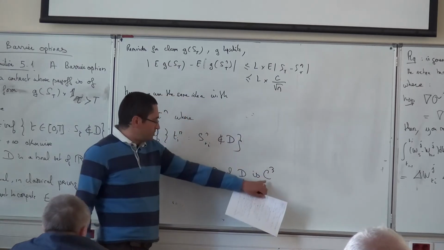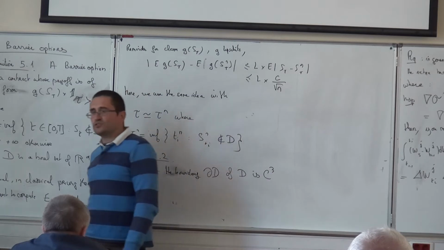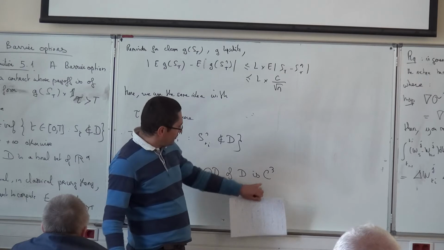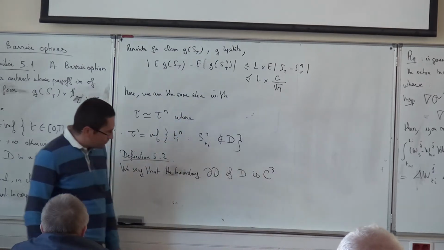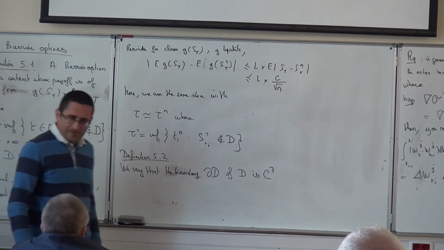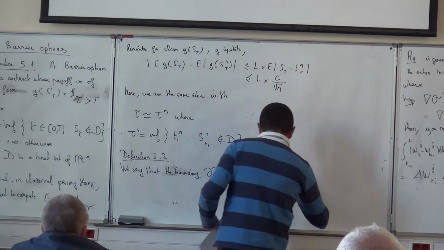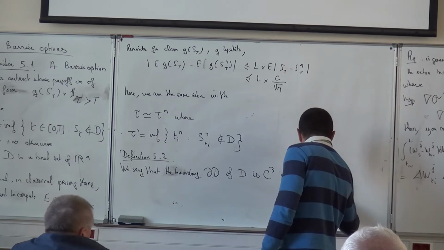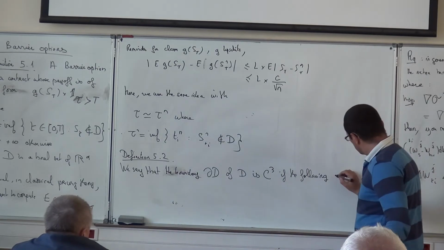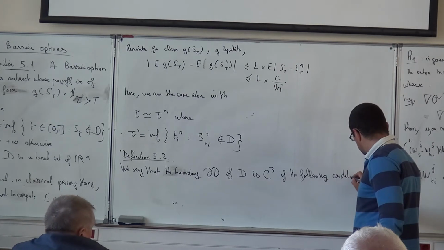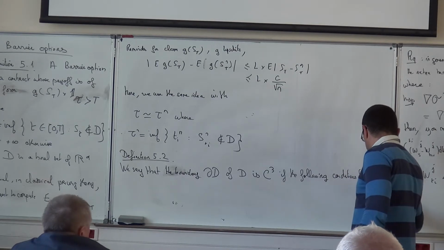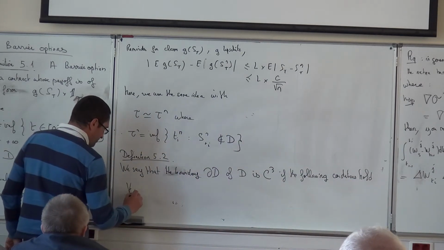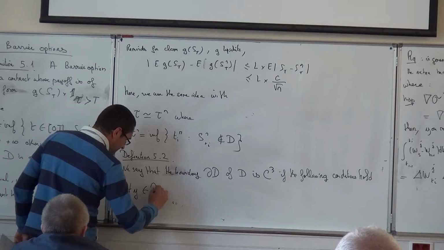C3 is a classical notation to say that this is differentiable up to the third derivative. The boundary is C3 if the following conditions hold. Precisely, for every point y on the boundary,